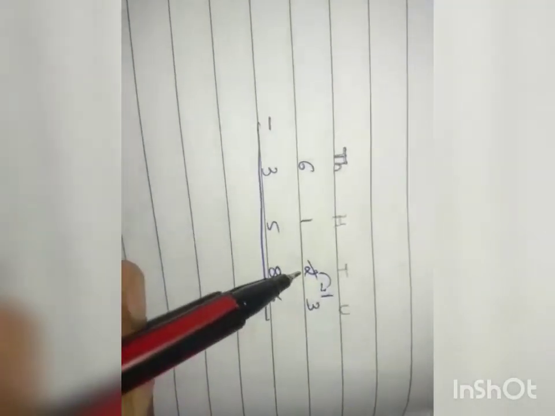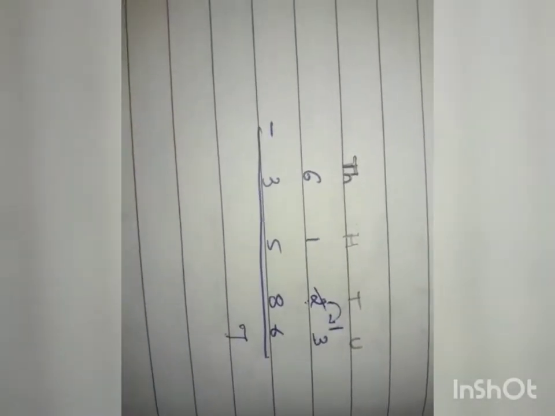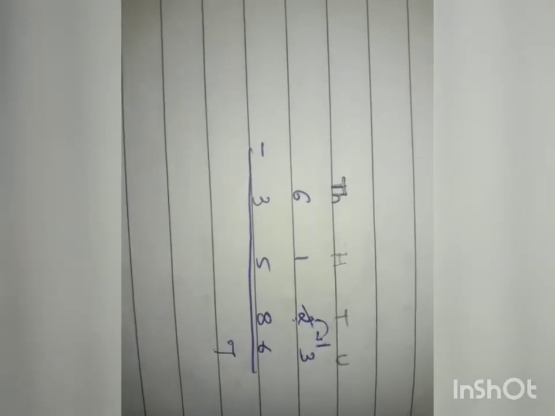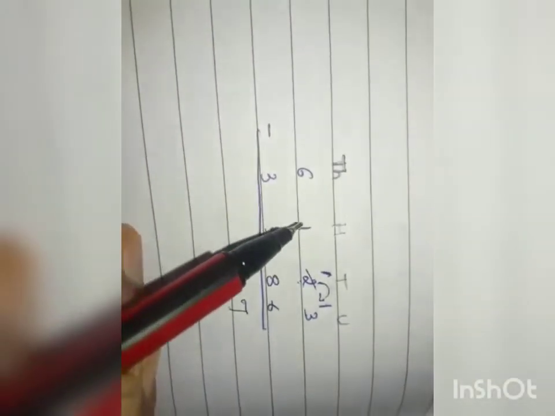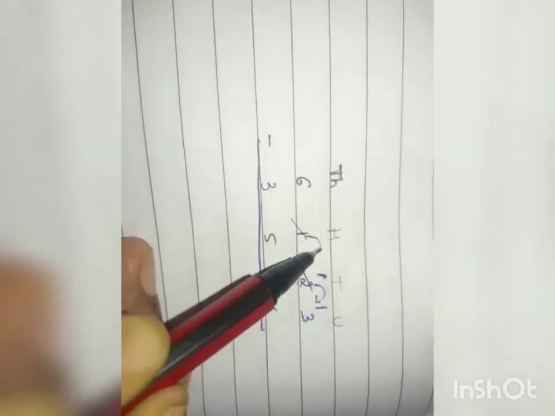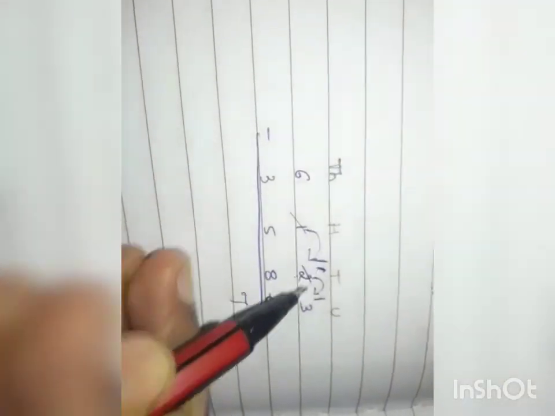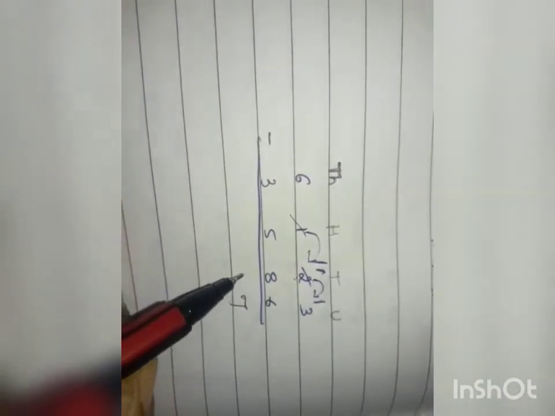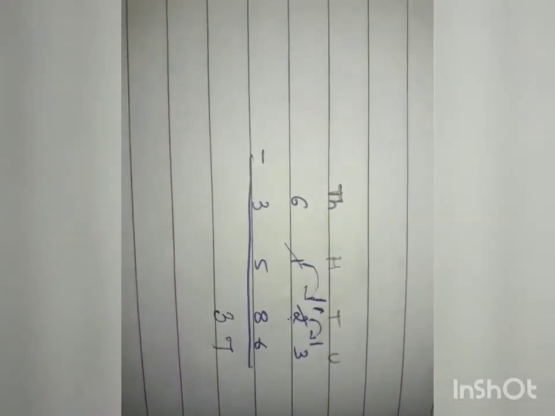Then we'll go for the tens. But what do I have in the tens now? I had 2, but I have borrowed 1. So what will remain? From 2 if I take 1, 1 will remain. Can I subtract 8 from 1? I can't subtract. So what should I do? I have to again borrow 1 from the hundreds. So if I borrow 1, what will I get? 1 and 1 will be 11. 11 minus 8 is 3. So I got 3. Now what do I have in the hundreds? I had 1, but I have borrowed 1. So what will remain? 0. So I have 0 here.